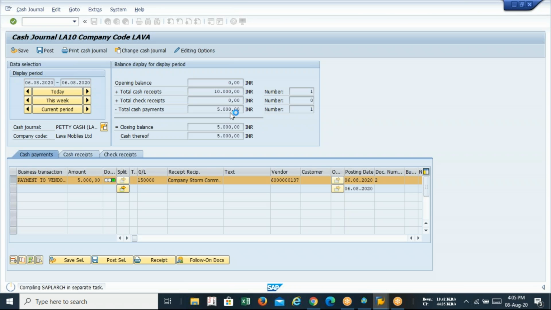It will take a little bit of time, so just keep waiting, because it is the first time we are doing this in the system.